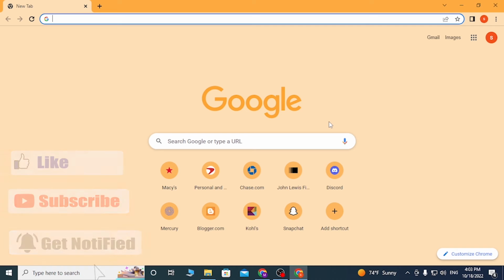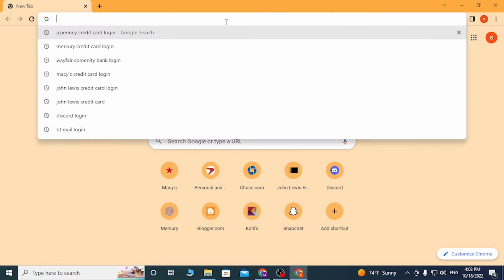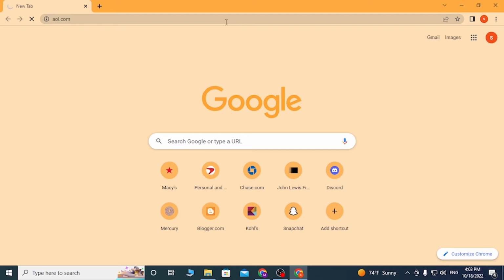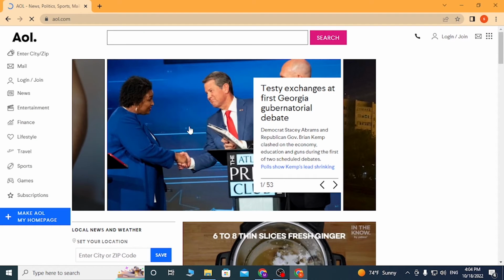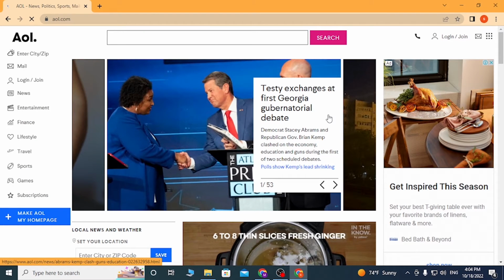Now to log into your AOL mail account on your computer, first open up your preferred browser, as I have already opened Google Chrome, and on the search bar click over there and type in aol.com like this and enter, and then you'll be redirected to the home page of AOL, where as you can see the login/join button is available at the top right corner of your screen. Click over there,